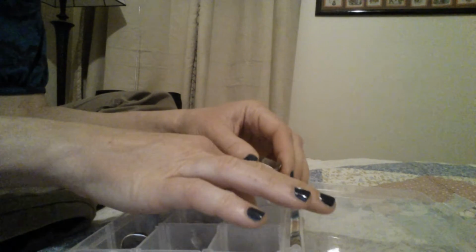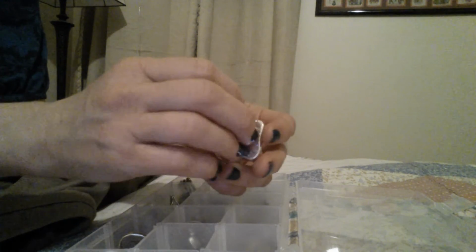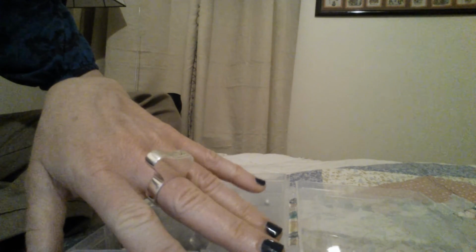And then a few years ago, as a present to myself, I took a jewelry making class and we learned how to make, we made these rings. I cannot remember the name of this type of ring. I'm sorry. But it's very large, and